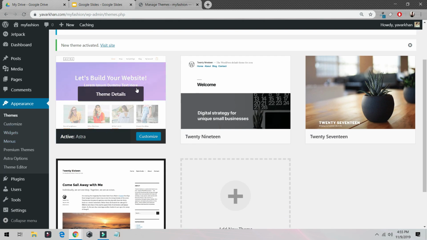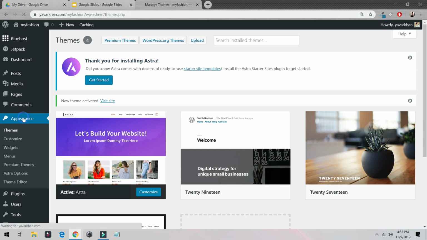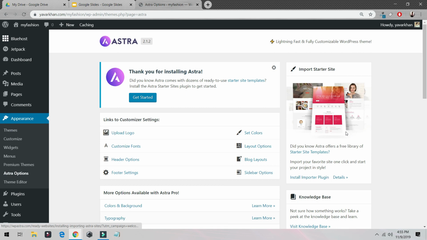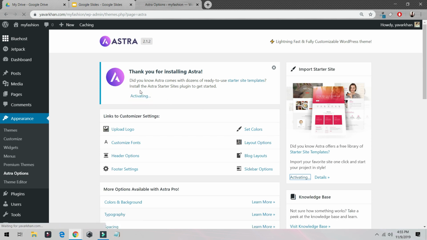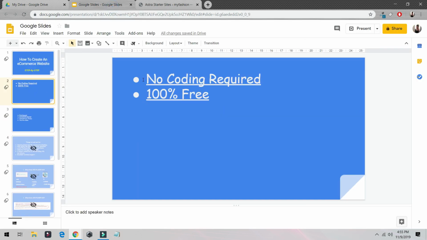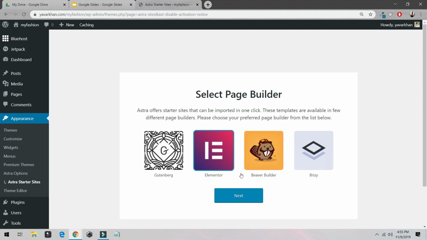Now once it's activated, what you have to do is click on appearance, click on Astra options. Okay, and just click on this install importer plugin. Once it's installed, it's going to take like 5 seconds. Once it's installed, you need to choose Elementor. Okay, so basically Elementor is a drag and drop page builder. That means no coding required. That means you don't have to know any code. It's just a drag and drop builder. Click on next,